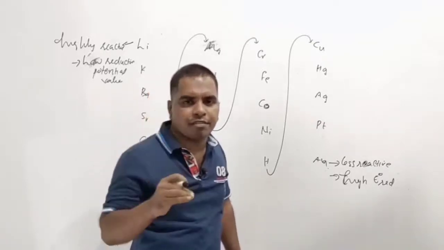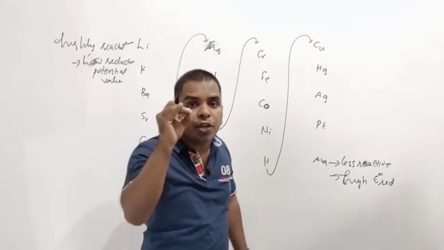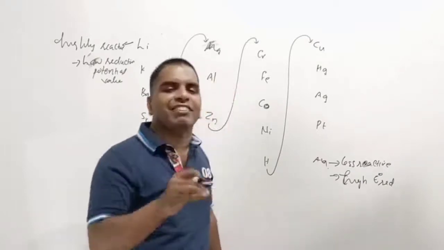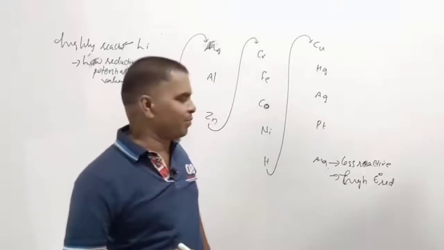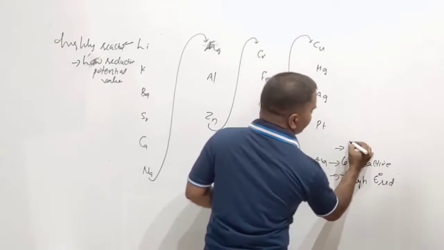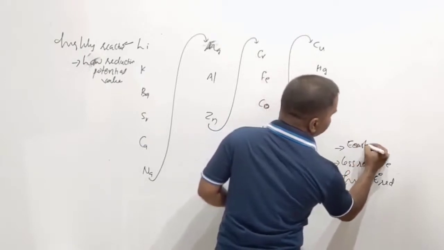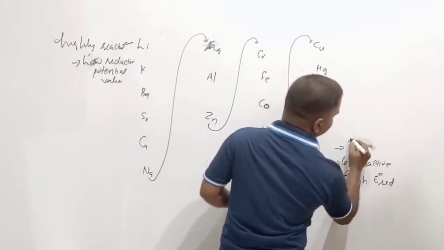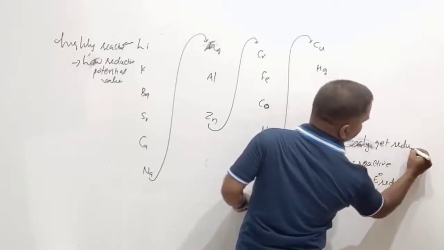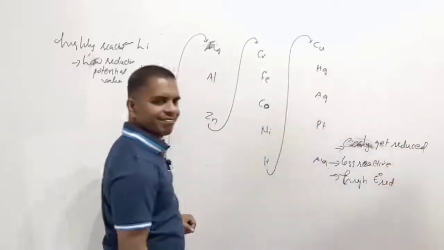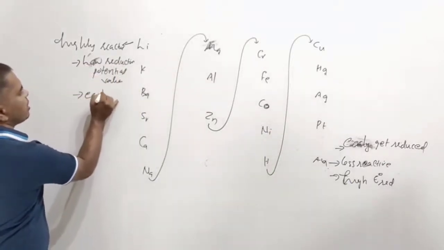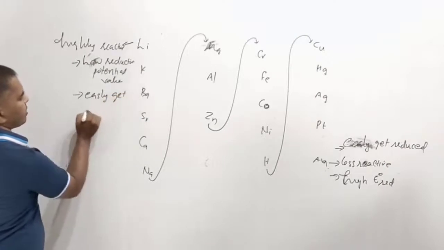Highly reactive metals have low reduction potential values, and less reactive metals have high reduction potential values. Metals with a high reduction potential value easily get reduced, right? Metals with low reduction potential values easily get oxidized,